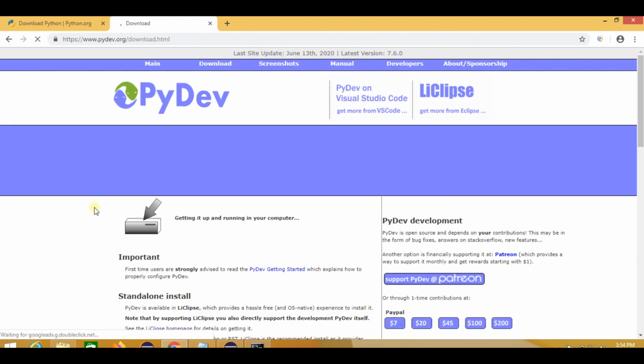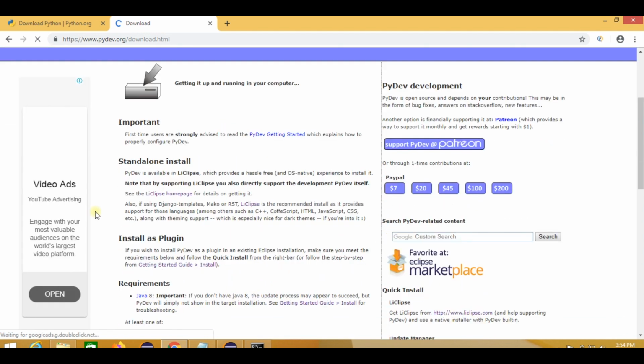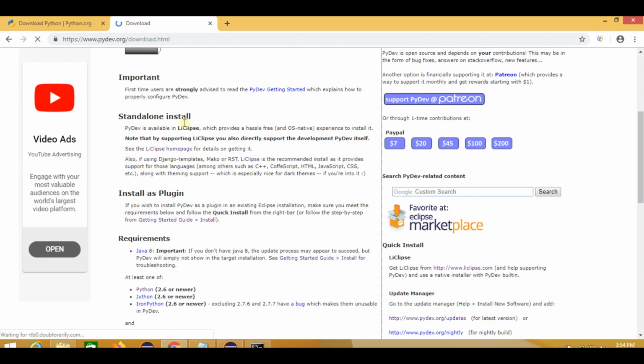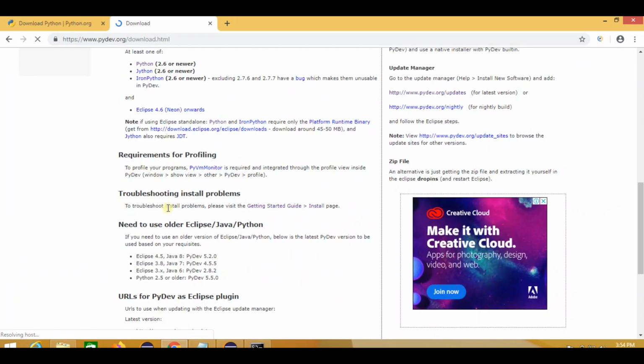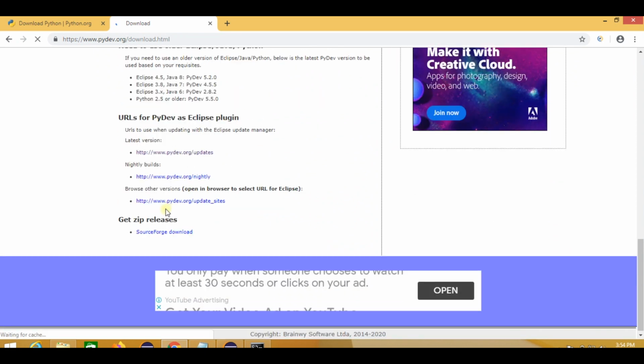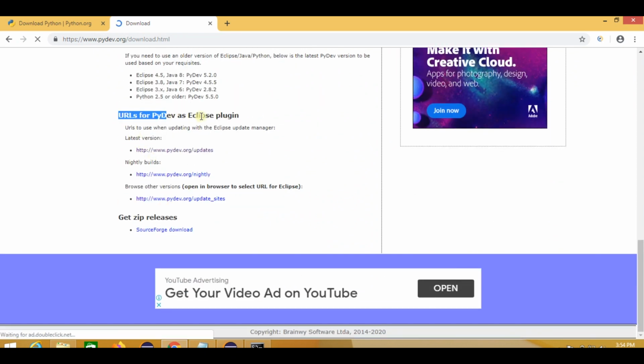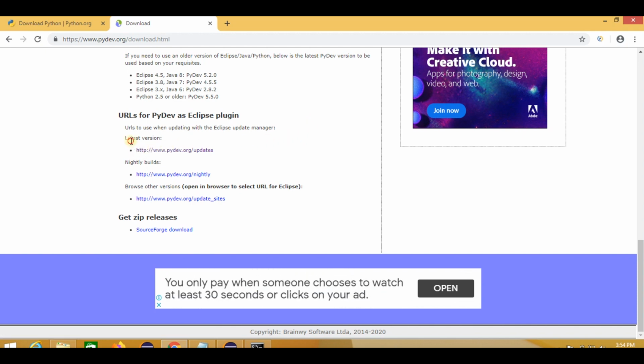So this is the official website of PyDev plugin, and here there are different options for installation displayed. First one is the standalone installation, installation as plugin. So we have to scroll down, and we have to go to this URLs for PyDev as Eclipse plugin, and we have to copy this URL of the latest version which is present.